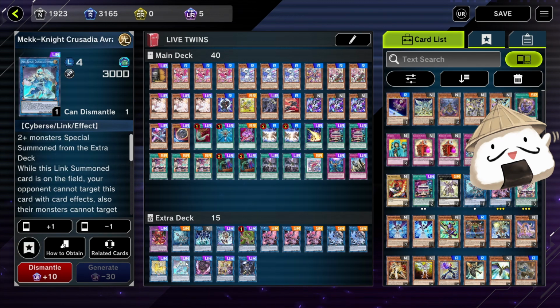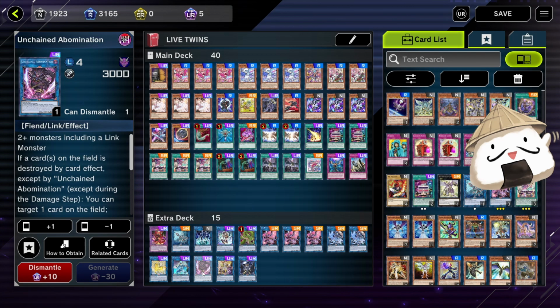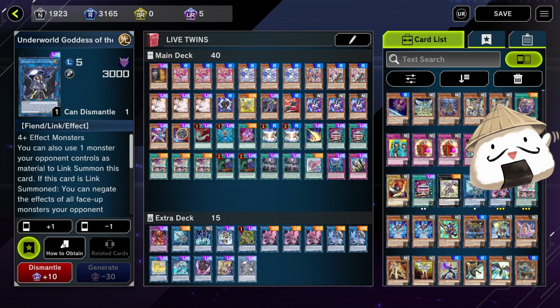You get the Aramax and also have a DP. You have Aramax on the enemy turn, and you have this DP on your turn. Abomination, Access Code Talker, and Underworld Goddess. This is pretty decent against most things in the meta right now, and I'll also show you guys the